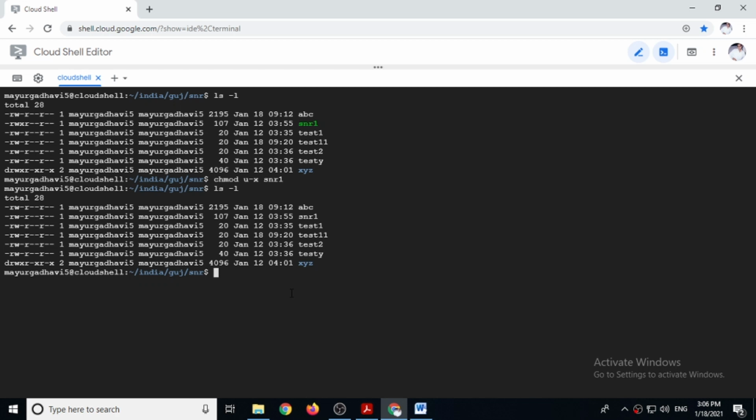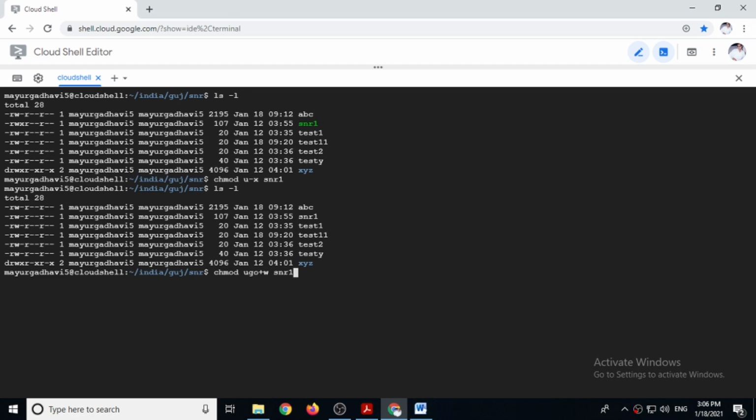So for that, let's see the command. So chmod user, actually w permission is there for user, but then also we can give. So u for user, g for group, o for other, plus w, and then file name snr1.